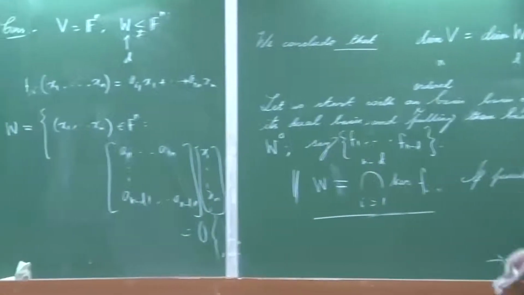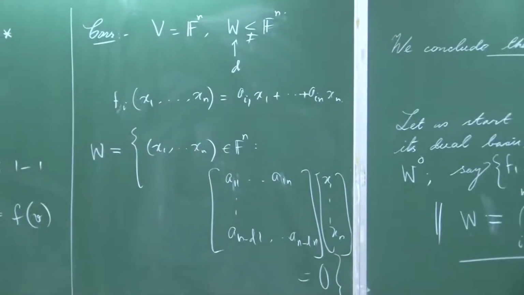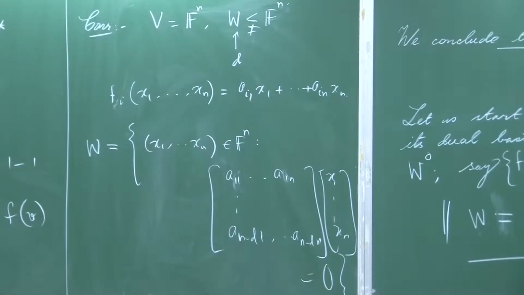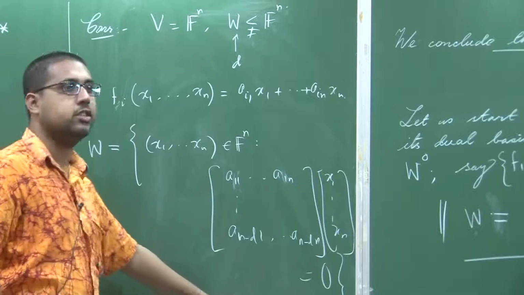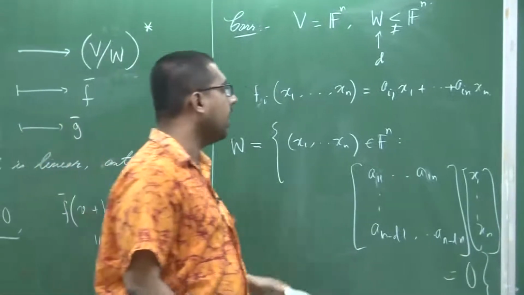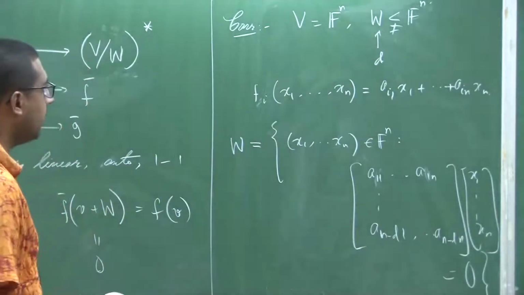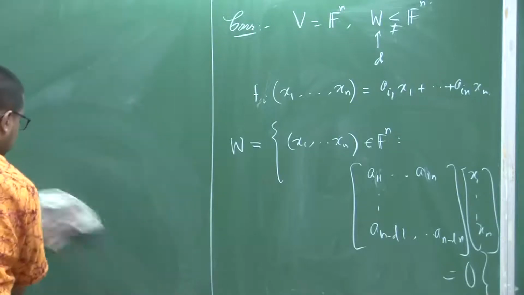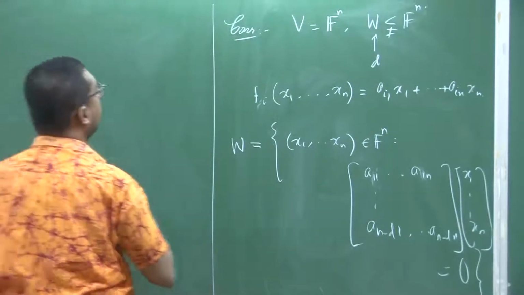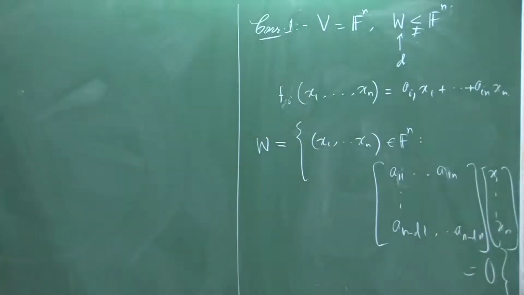Earlier we proved that given any system of linear equations, its solution space is a subspace of Fn. Now, we have proved its converse, that given any subspace of Fn, it becomes the solution space of some homogeneous system of linear equations. Okay. So, this is one corollary, and the second thing is